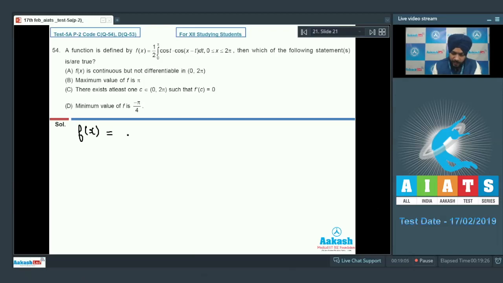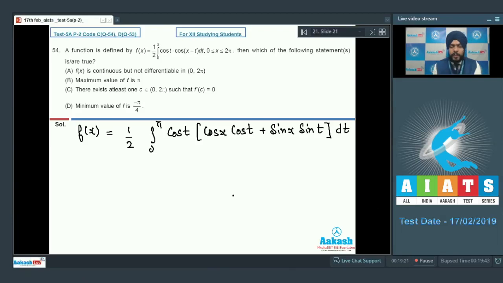f(x) is half times the integral from 0 to pi of cos t into cos of (x minus t), which can be written as cos x cos t plus sin x sin t, dt. The integration is with respect to t, x will be treated as constant. So f(x) is half of cos x into the integral of 0 to pi cos square t dt